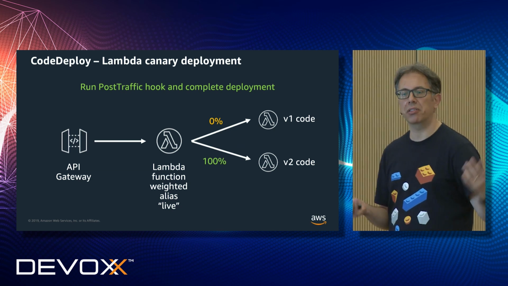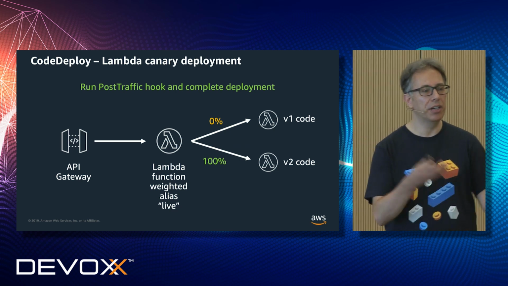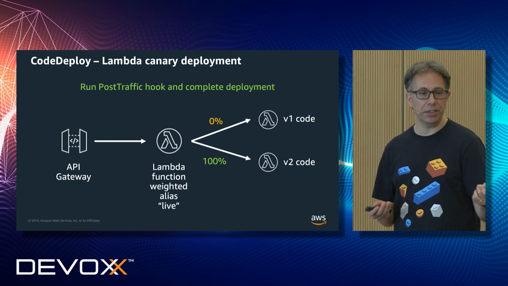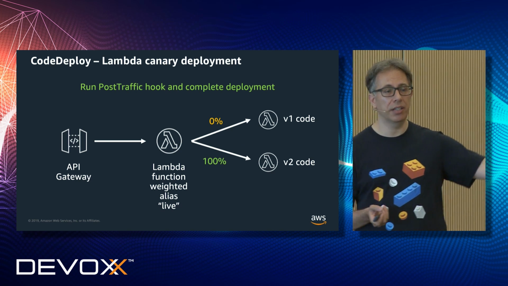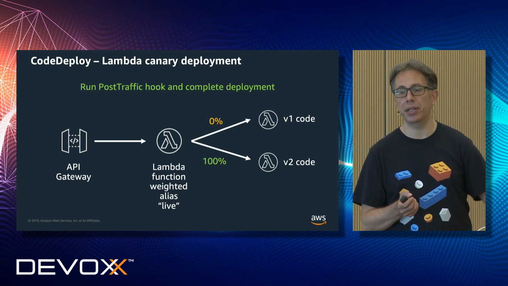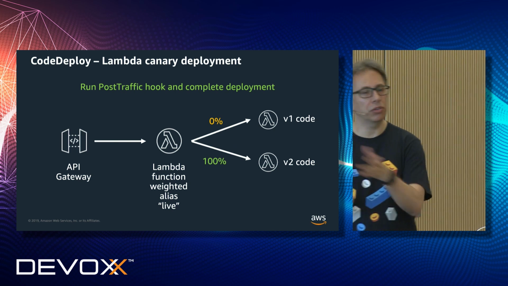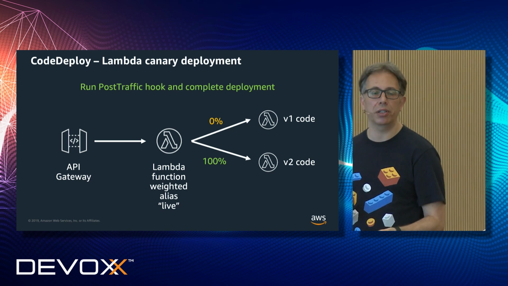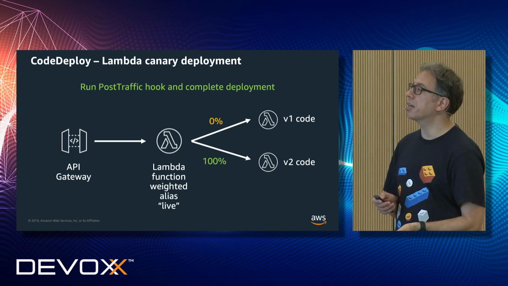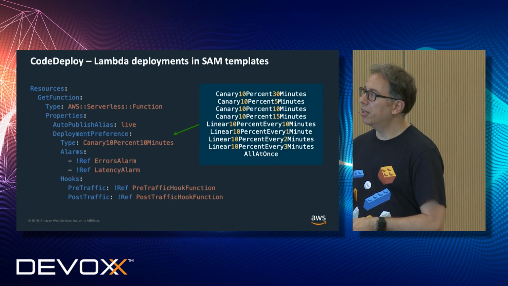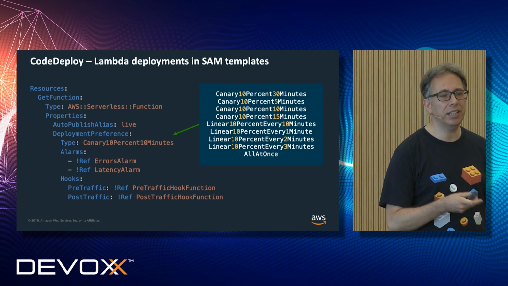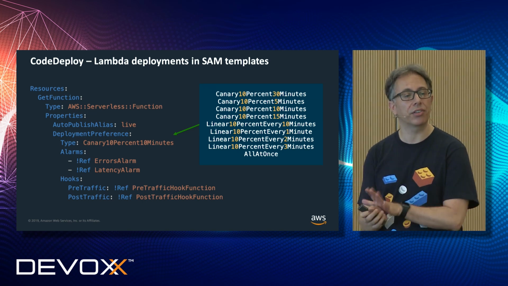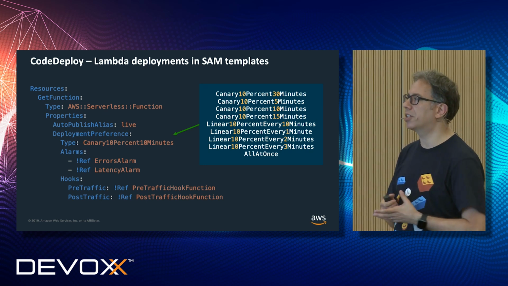And then we can run another hook, the post-traffic hook. And this is, again, your code that can do some final check before we complete the deployment. For example, one important thing is to annotate your Git repo that this commit is actually in production, because in a CI/CD environment, all commits go towards deployment, but as we just saw, some can be rolled back. So this is a good way to annotate, this is the version that I'm actually using in production. And this is automated. To coordinate this deployment, you just need to add a few lines of code to the SAM template. So this is integrated with SAM, and there are similar options also for the Serverless Framework.